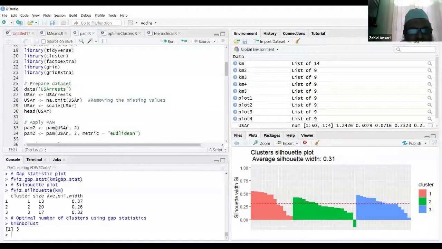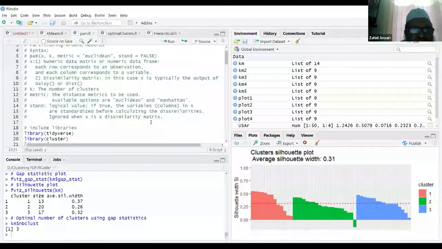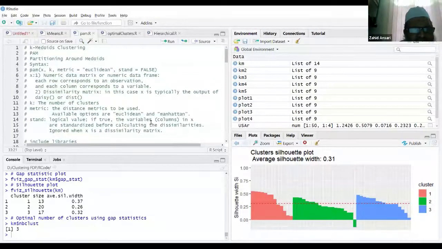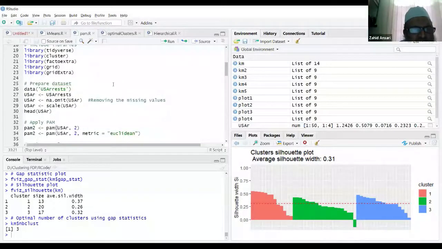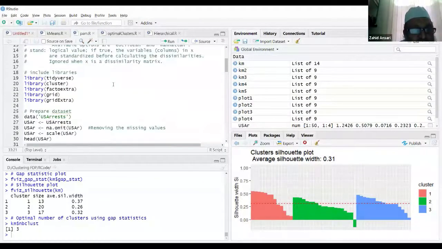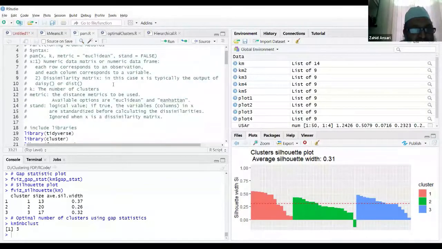We want to use Euclidean distance or Manhattan distance. There are a number of choices for that. We need to see the help for it. So Euclidean and Manhattan are the choices there, right? We need to specify what kind of distance the partitioning is based on.